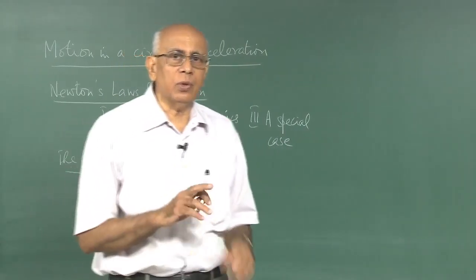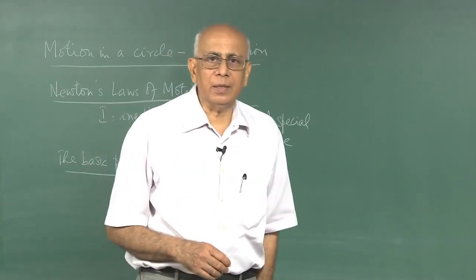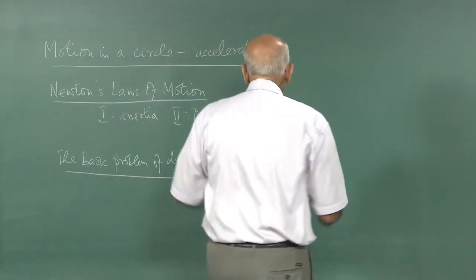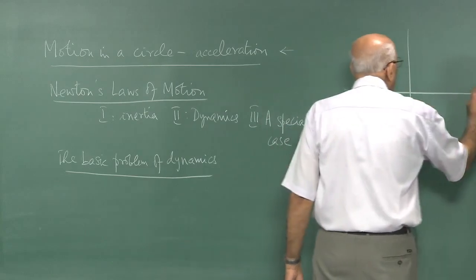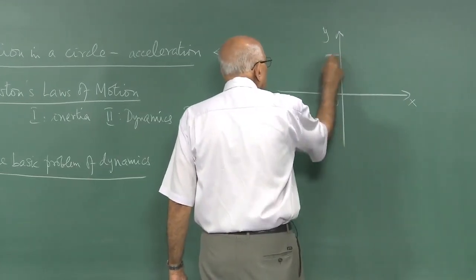juncture because it gives you a good instance of how the unit vectors in coordinate systems other than Cartesian coordinates are useful in description of motion. So I am going to look at this topic. We have in mind a particle which is moving in the xy plane, this is the origin, in a circle,